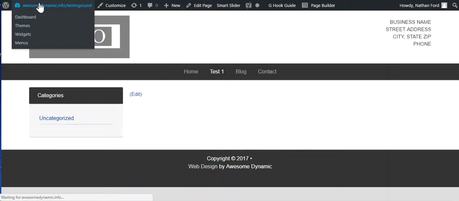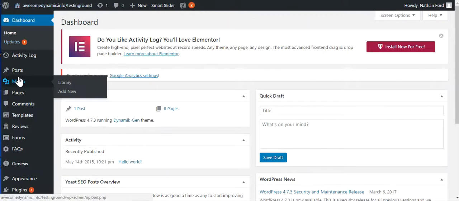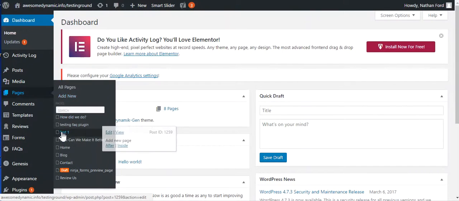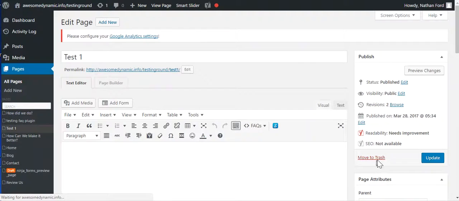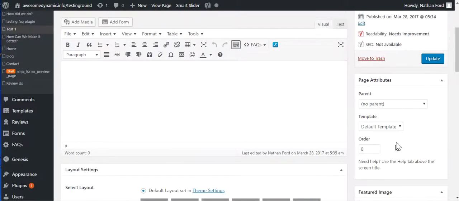So we're going to come back to Awesome Dynamic here. We're going to go to Pages. I'm going to come down here to Test 1, and I'm going to hit Edit. All the way over here, underneath the Update button, is Page Attributes. Right now, it is set as the default template, which is going to be that blog. So what I'm going to do is come down here, click the arrow, which gives me a drop-down menu, and I'm going to